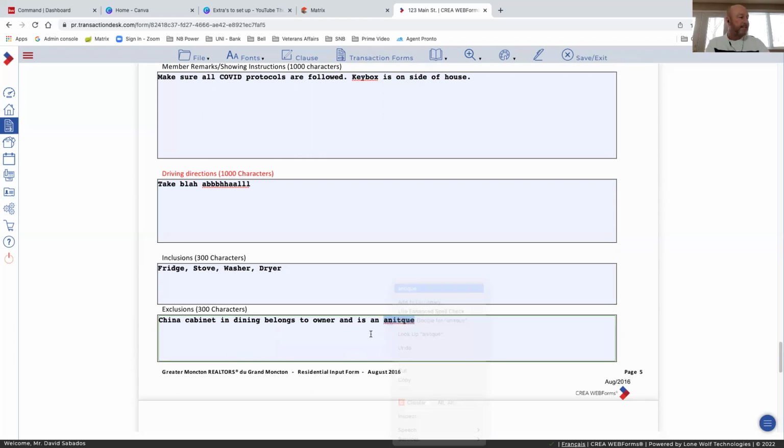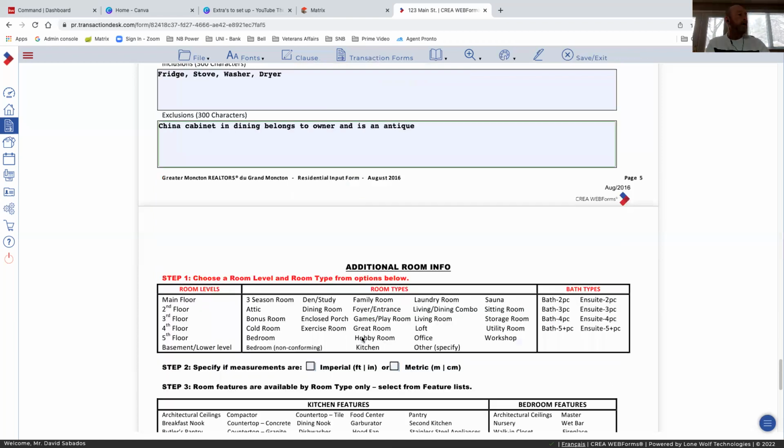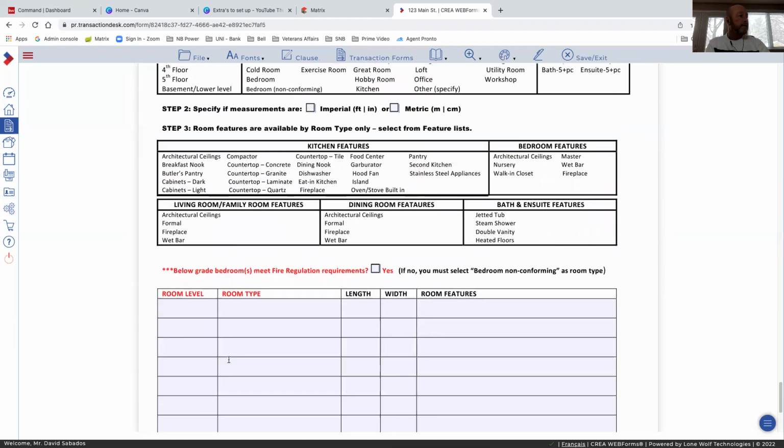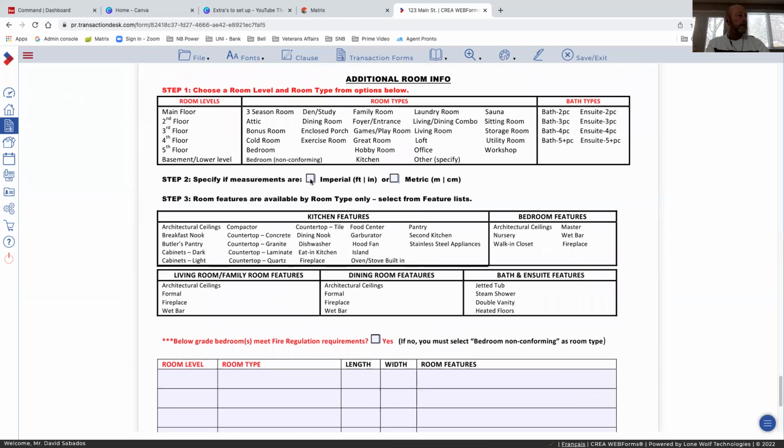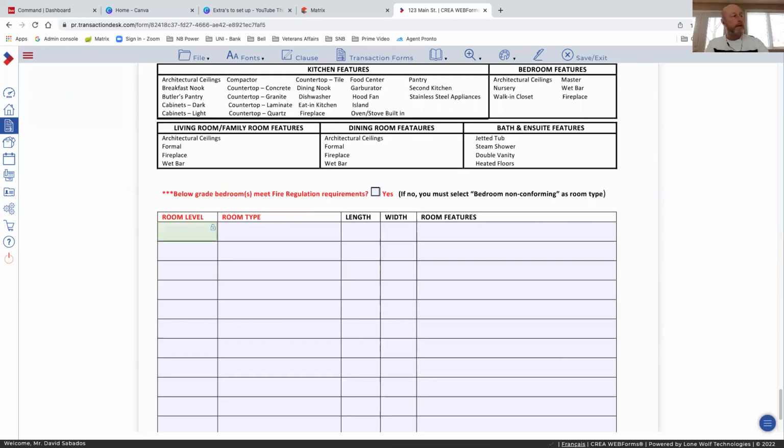Antique. And then down here, if you have more rooms that didn't fit in the first section, you click off this again, go here, room level, basement. You could put basement, family room, measure it, put it in. Oh, bathrooms, by the way. So if you put a bathroom,